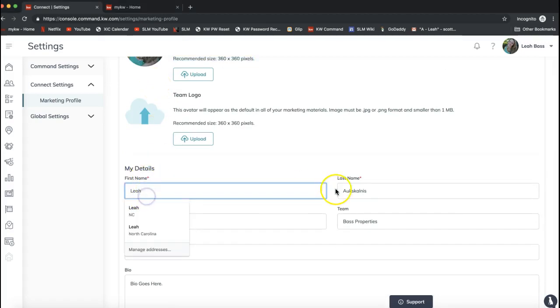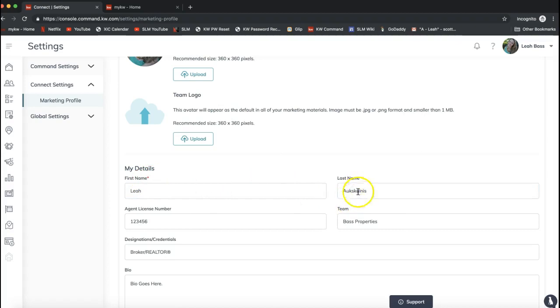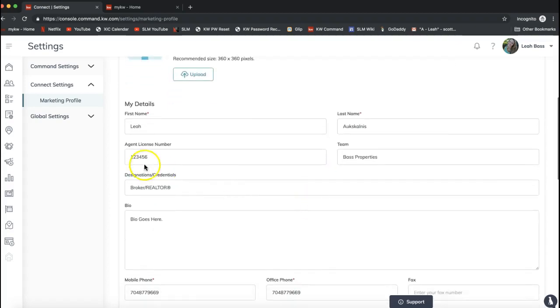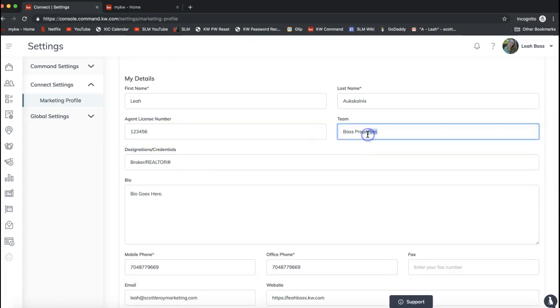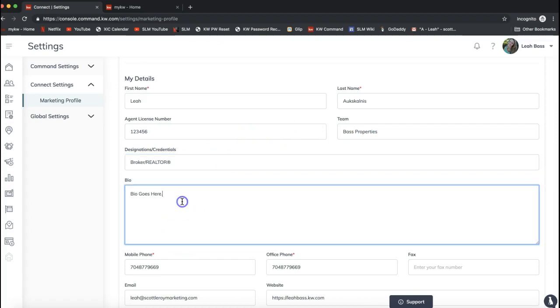to go ahead and add in our first and last name. Okay, we see red asterisks, those are required. Okay, if it does not have a red asterisk, you do not have to fill that in to save it. Right, but it of course doesn't hurt to go ahead and put in your team name if you have one, your designations,